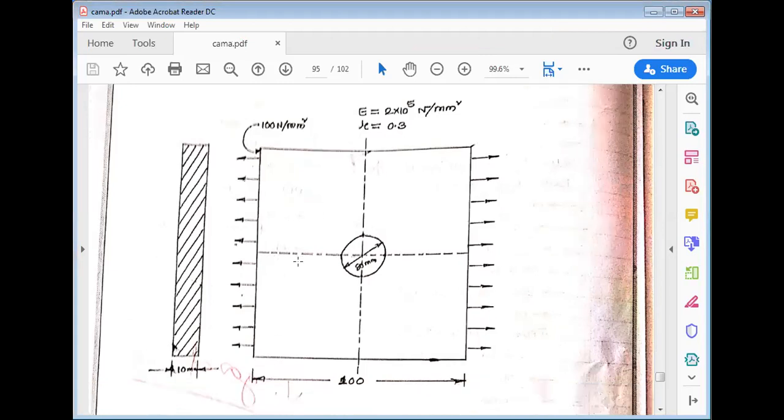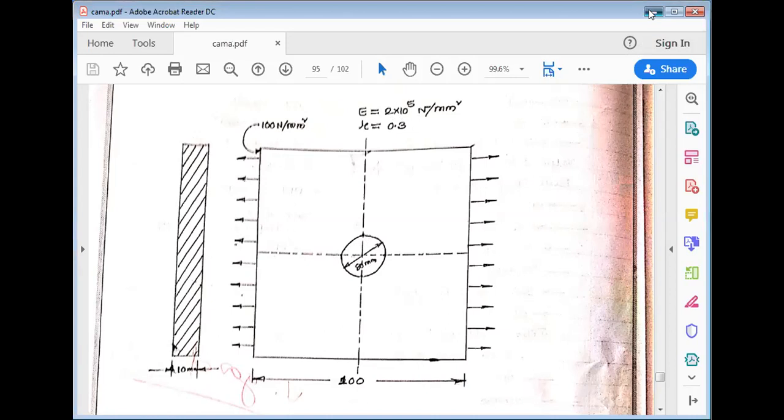So this problem we need to solve is the stress analysis of a rectangular plate with the center hole, having dimensions of 200 by 200 and an 80 mm diameter hole at the center, having thickness of 10 mm and symmetric loading conditions on either side of 100 Newton per mm square, with Young's modulus as 2 into 10 to the power of 5 Newton per mm square and Poisson's ratio as 0.3.